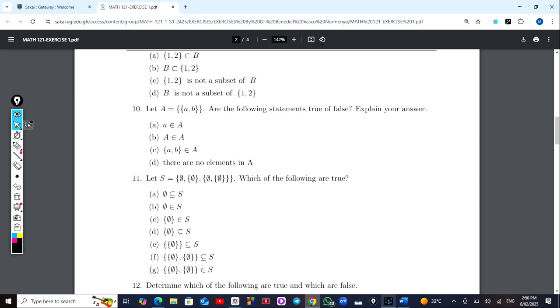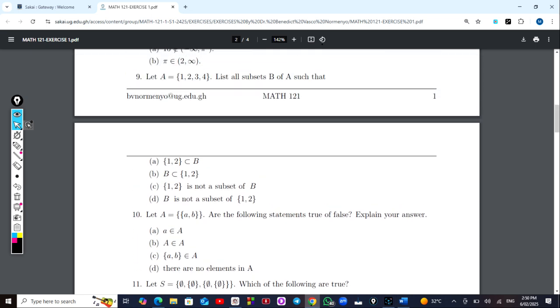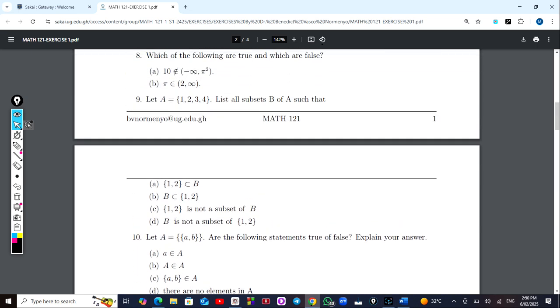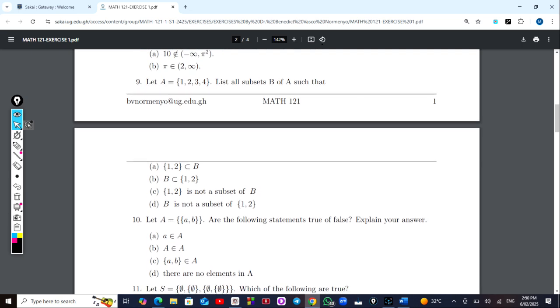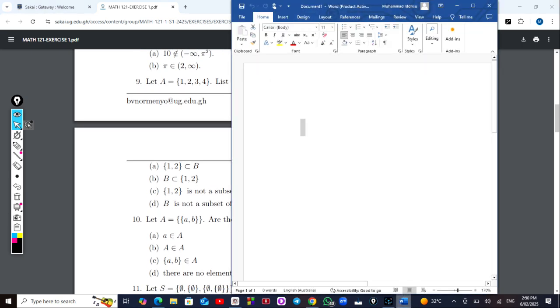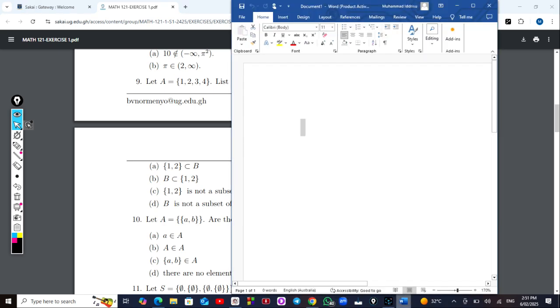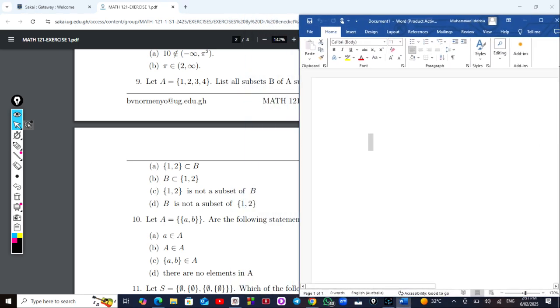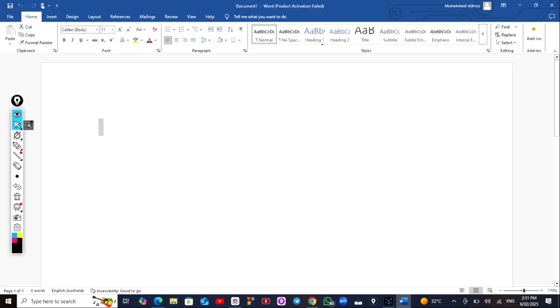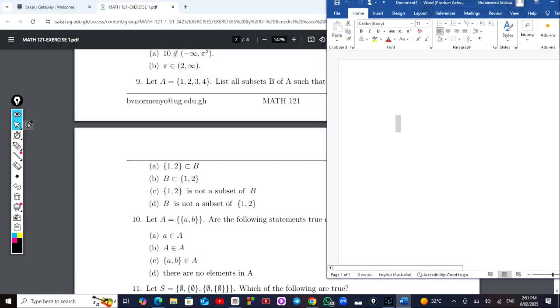So we are continuing from where we stopped in the last video. We are continuing from question 9. We stopped at the 8th question under sets. So question 9. Question 9 is saying that